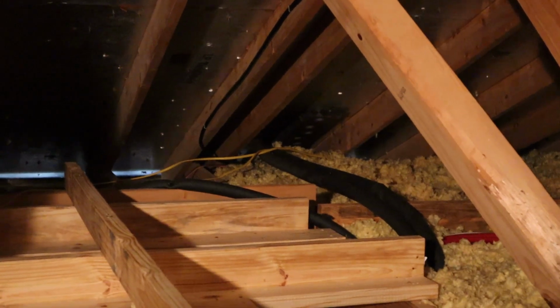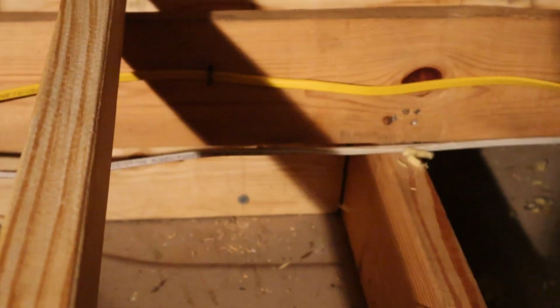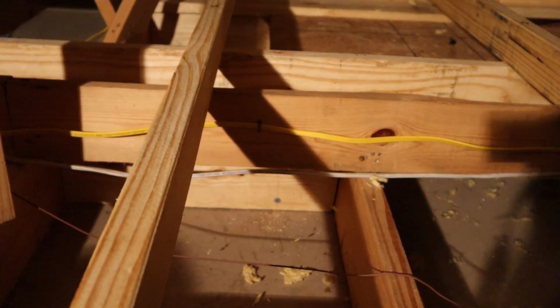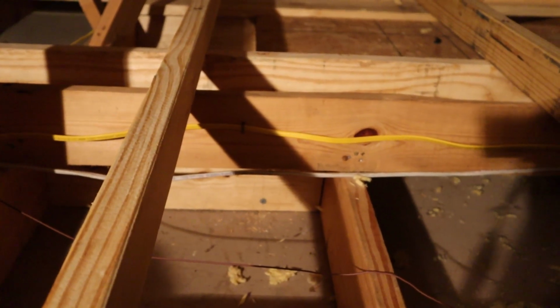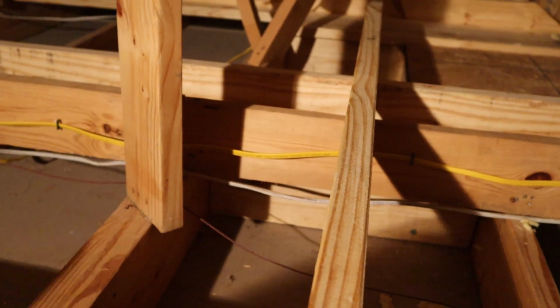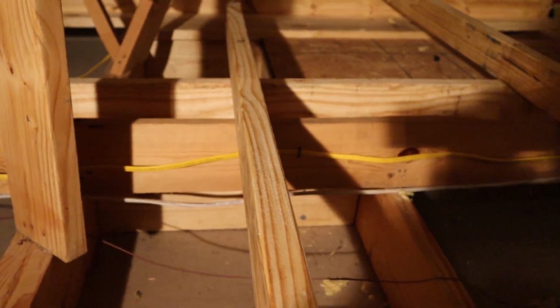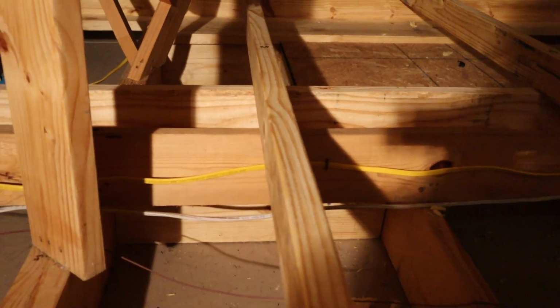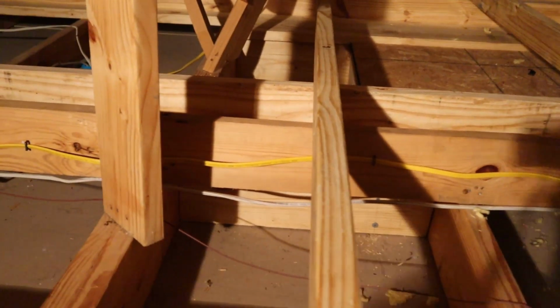That black is insulation around my PEX piping. So as you go here, there's 2 foot, and you come over here, there's another 2 foot, then there's a double, and that's 2 foot and 2 foot and 2 foot roughly. So at 4 foot, right where you see that screw there, is where the braces for the outside of that 4 foot shelf hit. And so what I did was I cut a 2x8 to fit between these two trusses. I shouldn't say trusses, but between these two joists for the middle one, and down there where you can't see is the end one. And between there, that's not where it's hooked in. What I have is a 3 foot,